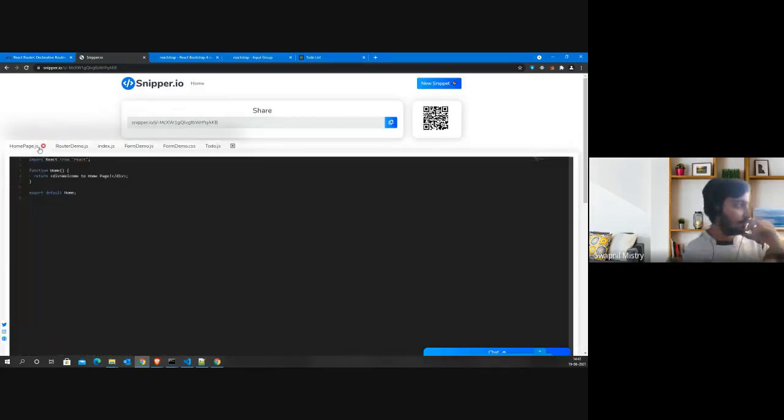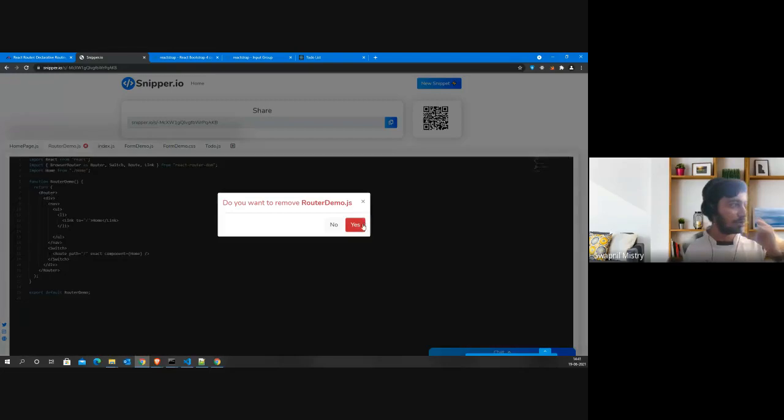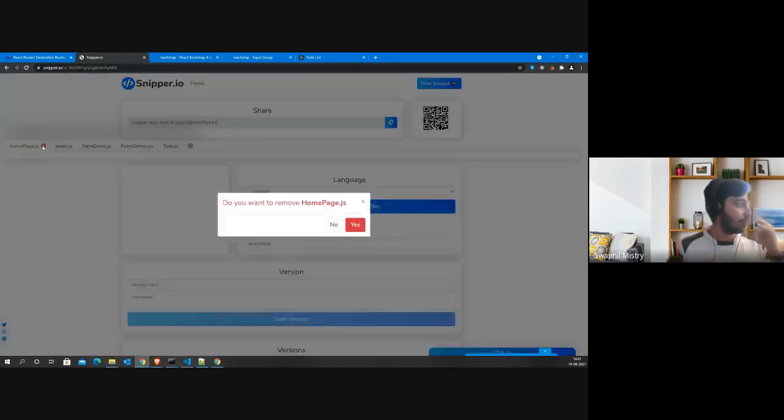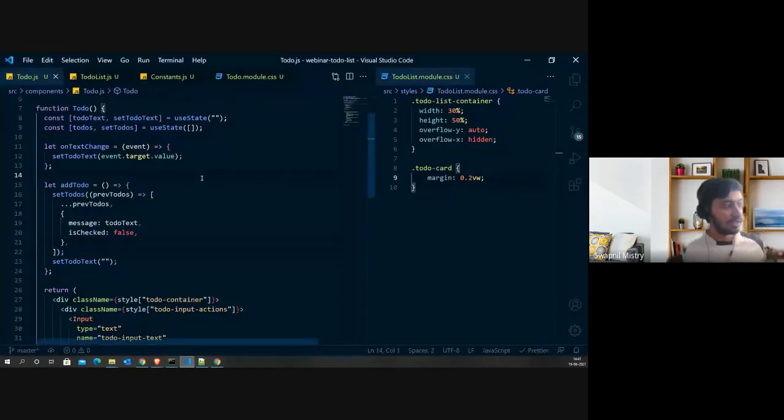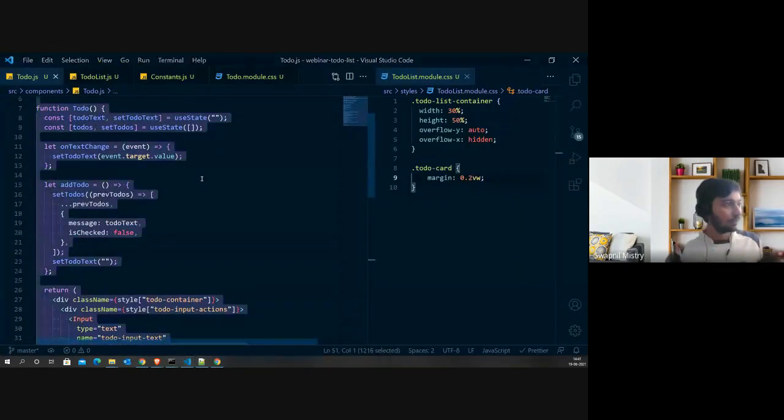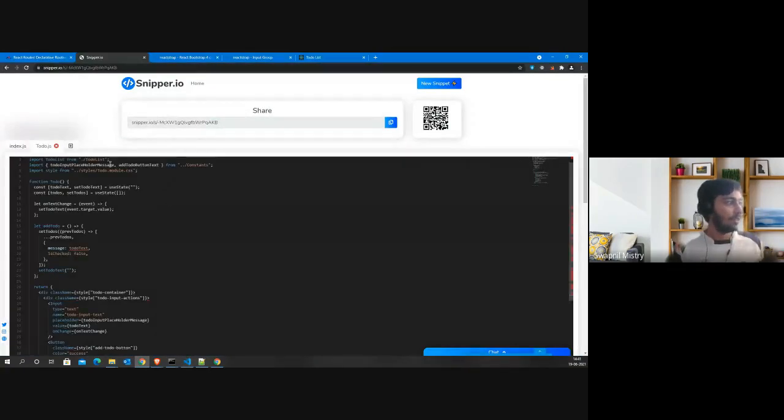And I will just remove all these files. I hope that you guys have grabbed it with you. So I will just remove it. I will also remove it. It's not required. From demo, it's also not required, and this is also not required for me. Okay, so right now I have just to do.js. I will just take this. I will paste it over here.